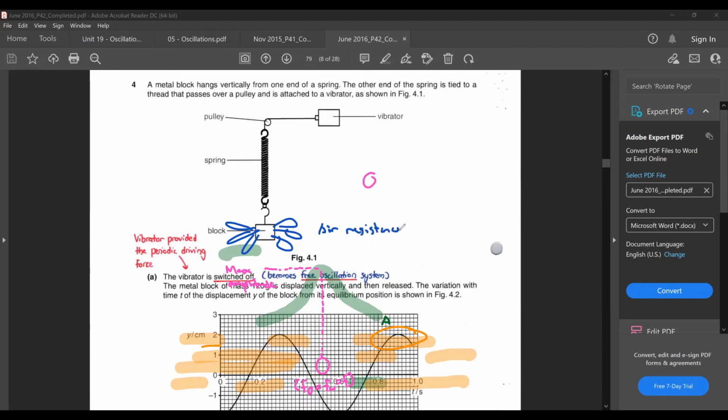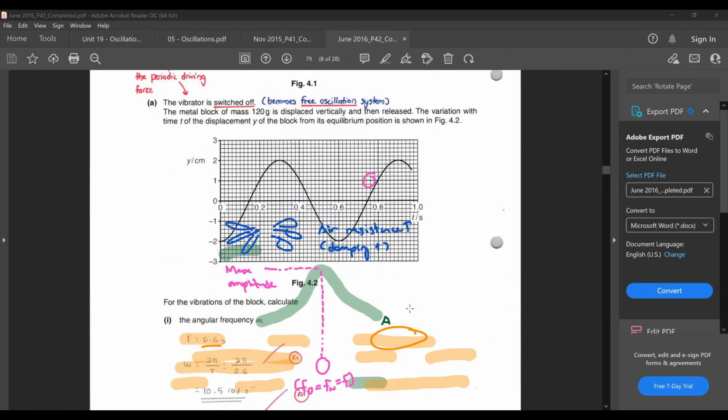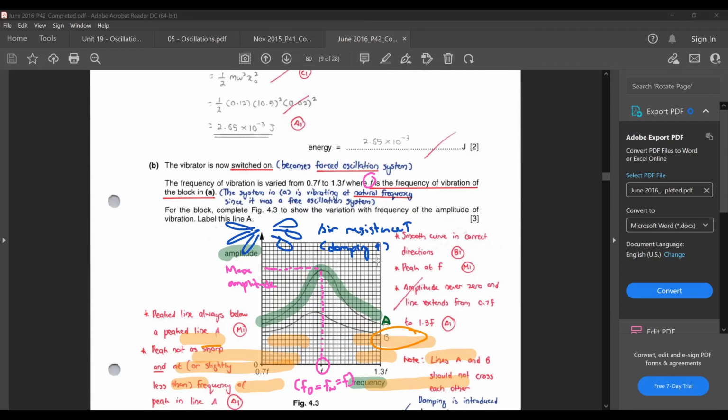Now, when your air resistance increases, your damping increases. Because you have more air resistance, you cause more losses in energy, so your damping would increase. Your oscillation will actually lose more energy as a result of the damping. So just now I mentioned to you, when it comes to the resonance curve, when you have increased damping,